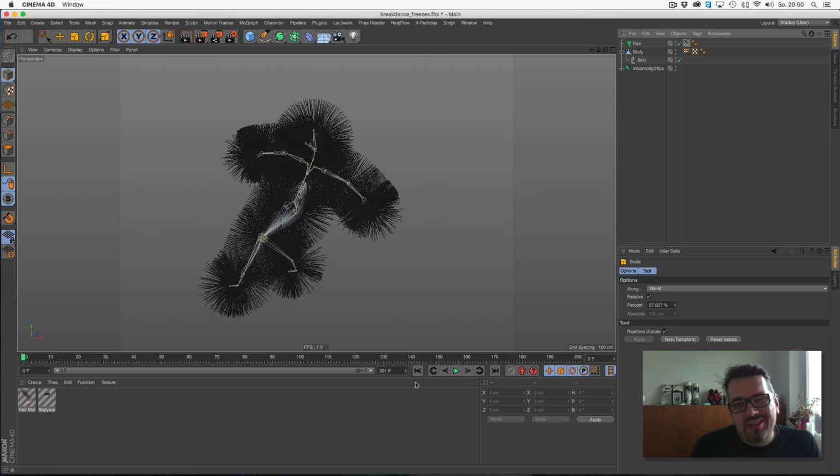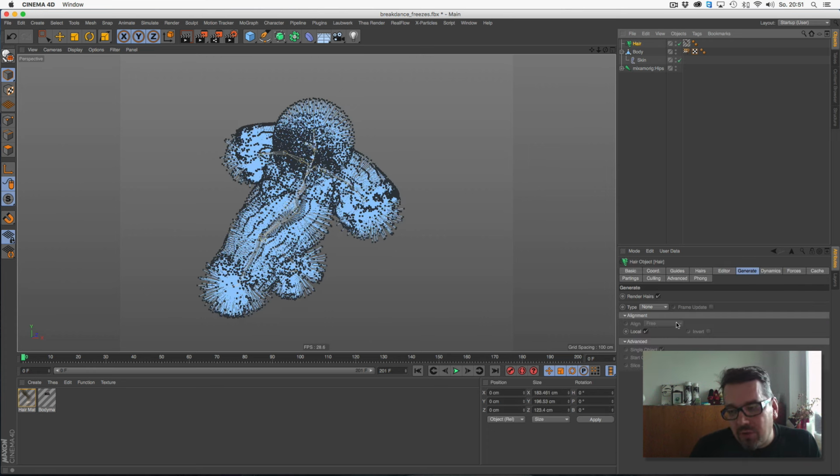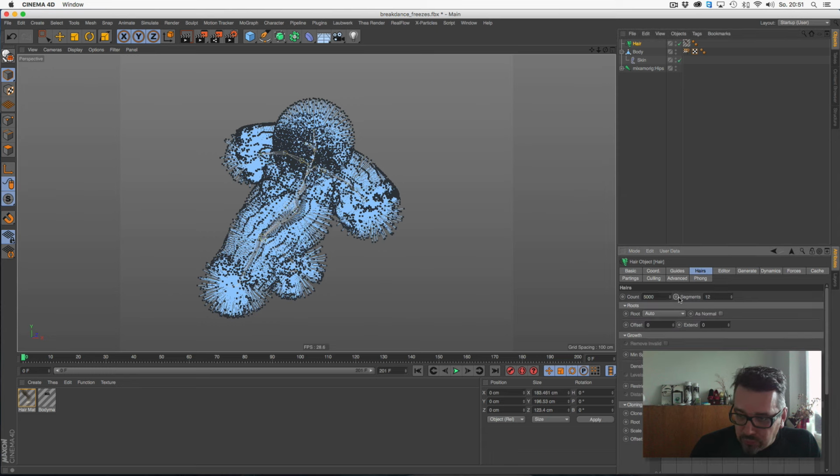And for my breakdancing guy, I knew that I wanted some kind of paper pieces on it, so they are not so flexible, they are a bit more stiff, and this is easily doable in Cinema 4D hair when I set the segments of the hair.